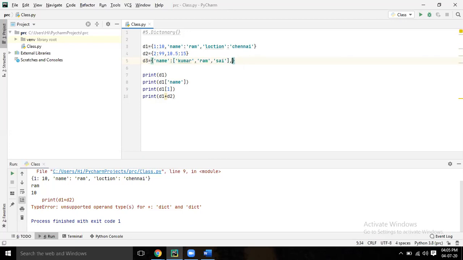Age within quote, colon, list. Give some ages. Now print D3 of name. Run it.